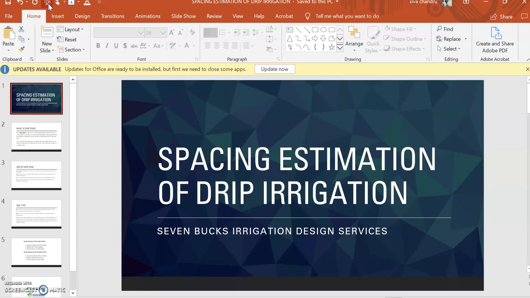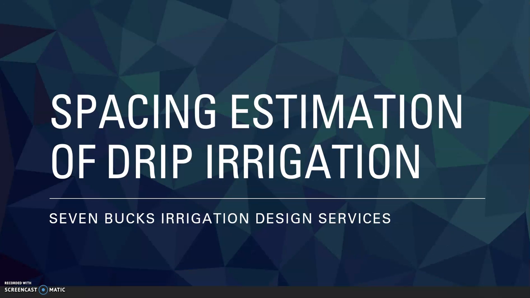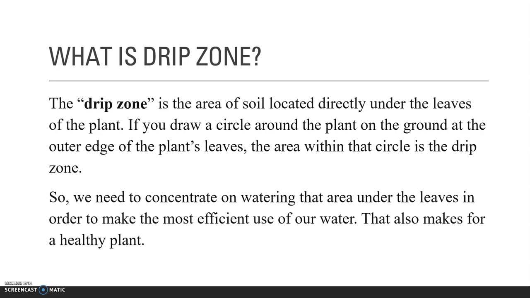So we have discussed many things so far in this education session. Today we are going to discuss how to determine the spacing of a drip irrigation system. We know that there is 6 inches spacing and 12 inches spacing. Except the 06, we have been using 09. 09 indicates GPH, and 06 indicates the spacing between one emitter and another emitter. So I'm going to discuss how to determine that.